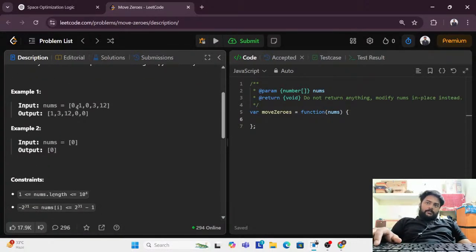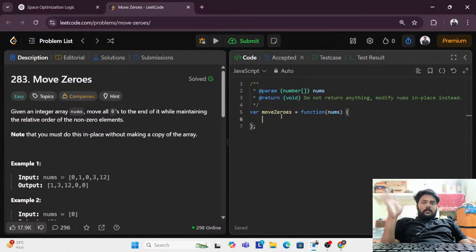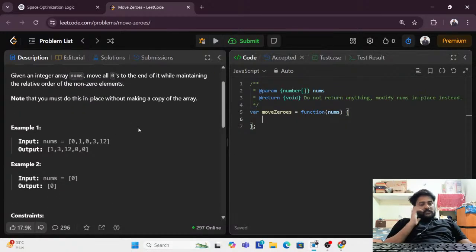So yeah, basically I really have to remove all the zeros to the end. If it was allowed to use extra space, because this question says that you have to solve this problem using the in-place method, right? So it means using the same array which is given over here, we cannot use any other array to store any variable. So if it was allowed to use extra space, what I would have done is